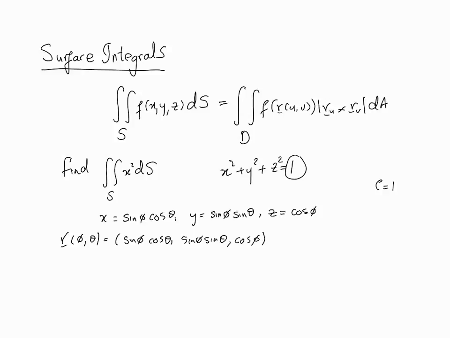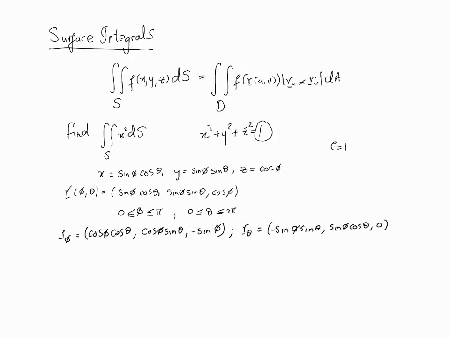Now remember, of course, we already know that this is a sphere, so phi is between 0 and pi, and theta is between 0 and 2 pi. Next we need to calculate r phi and r theta. So r phi and r theta are as here, and we proceed to calculate the cross product of these two, and that turns out to be